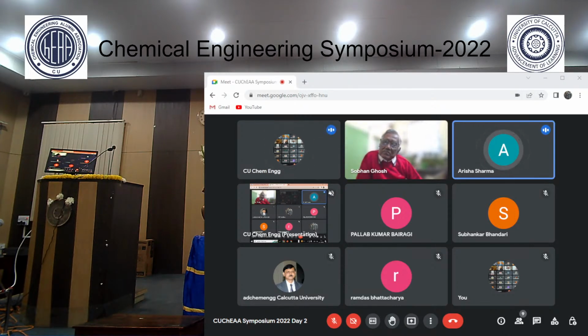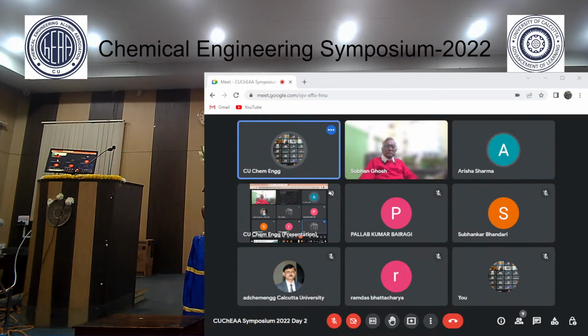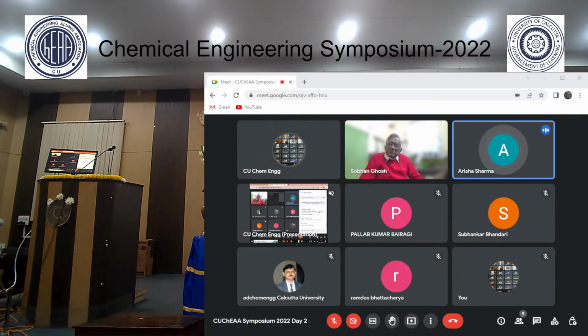Compared to steam methane reforming, because as I've already told, there are different types depending on the feed composition. Since both oxygen and water are oxidizing agents, if their composition is very high, those reactions will predominate and the others will reduce. So we have to maintain a feed composition in such a way that our dry reforming reaction is also taking place, so that CO2 conversion is also higher.